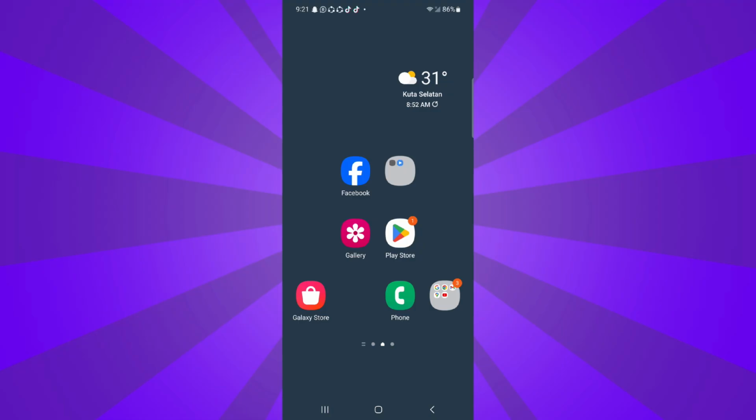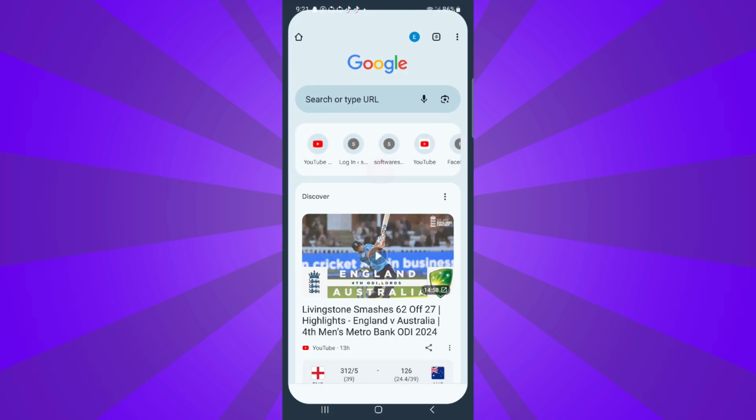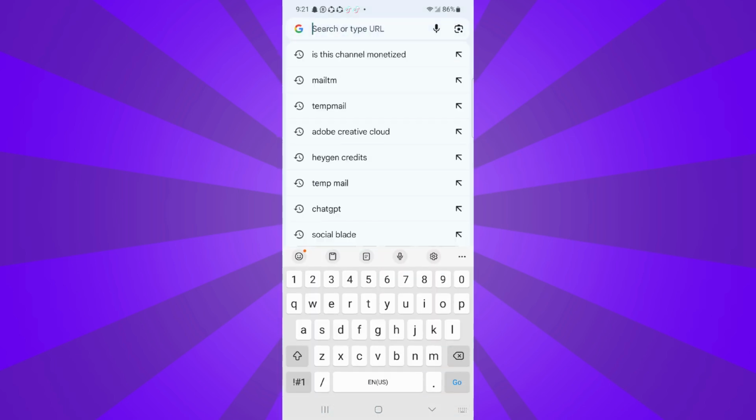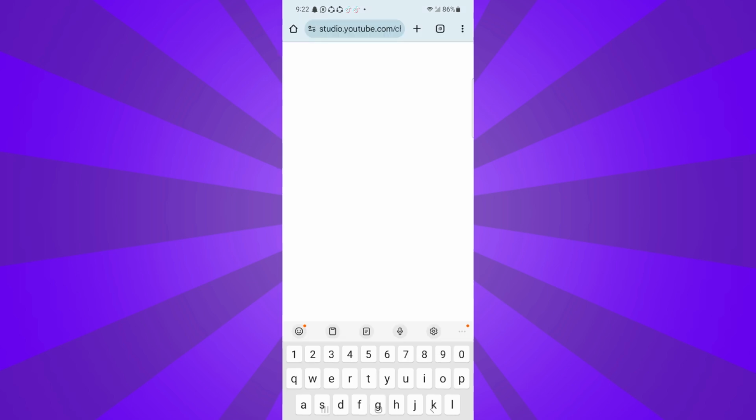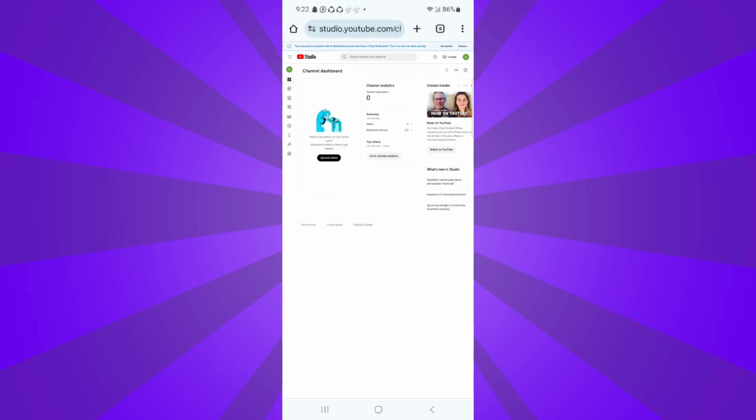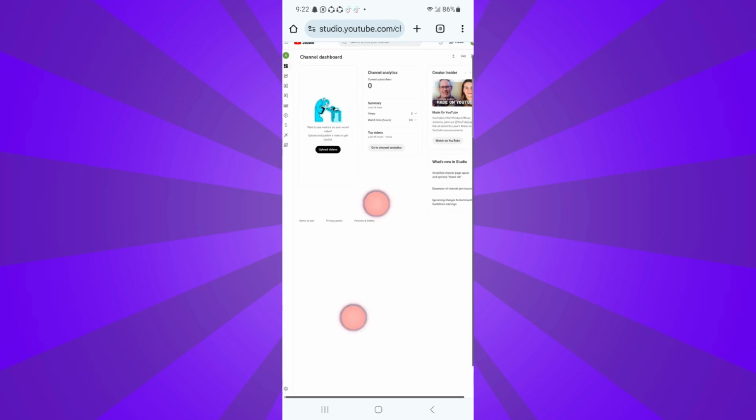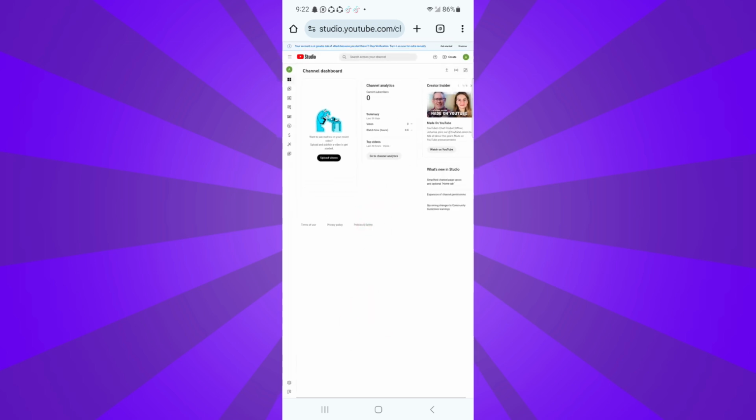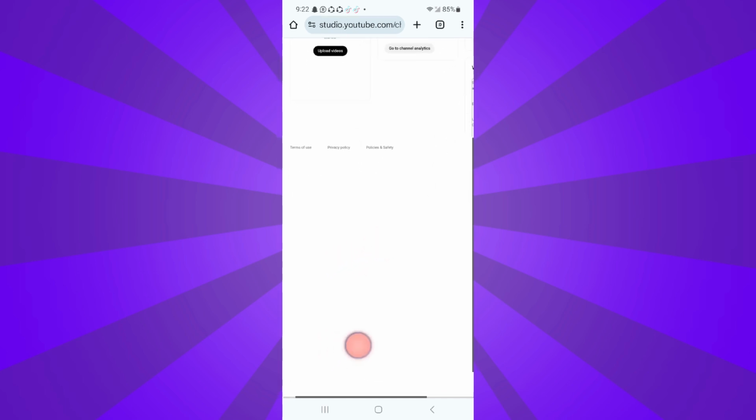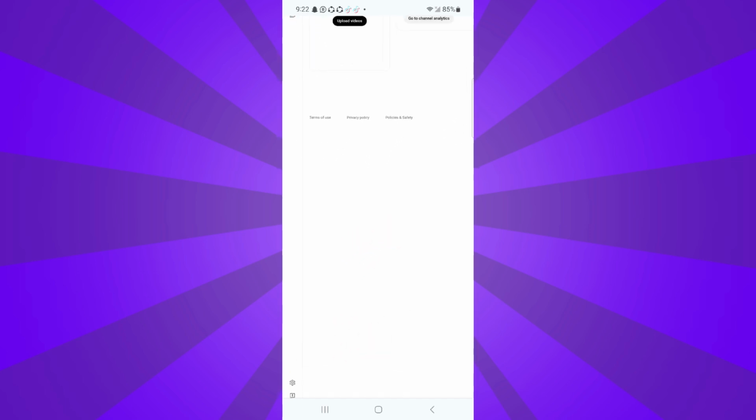To verify your YouTube channel on your mobile, first of all you have to open your Chrome browser and here you have to search for studio.youtube.com and after that click on go. And here you can see YouTube Studio is open, and from here you can select your channel that you want to verify, and after that here you can see the settings gear at the bottom left corner. Click on it,